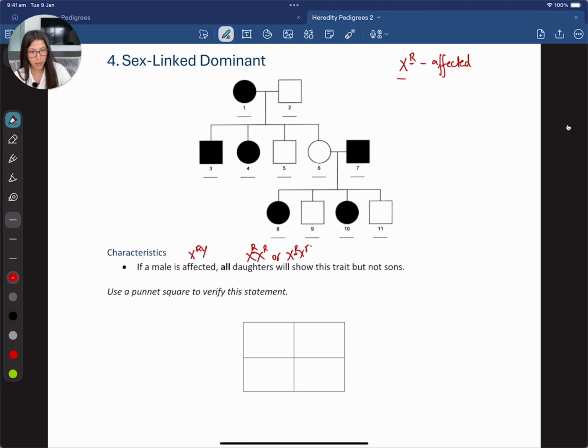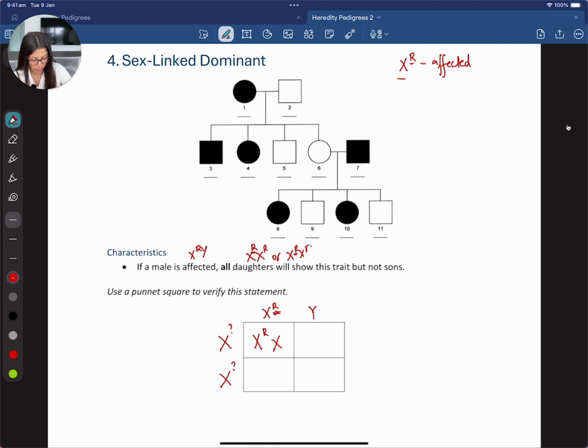Now, if I did a Punnett square again, let's write the male father's genotype. The mother's genotype I'm not concerned with, so she could be anything. And if I draw this out and only look at the female offspring, you will see that they always inherit one X chromosome from the father. And if that one X chromosome from the father is carrying that dominant allele, then they will also carry